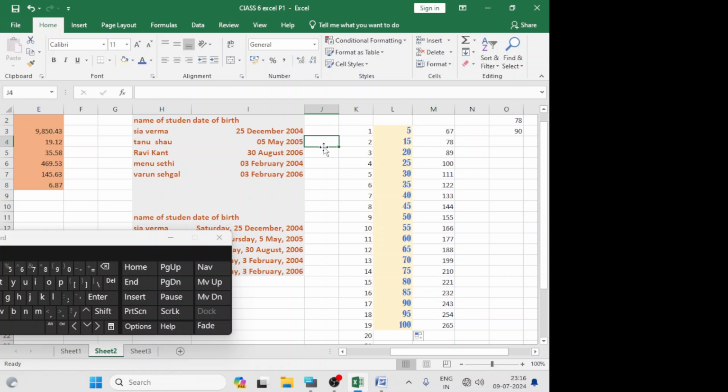Here you can see a new example. You write first number 7. I have written the next number 9. Now select both numbers. Drag them down. This series will be filled